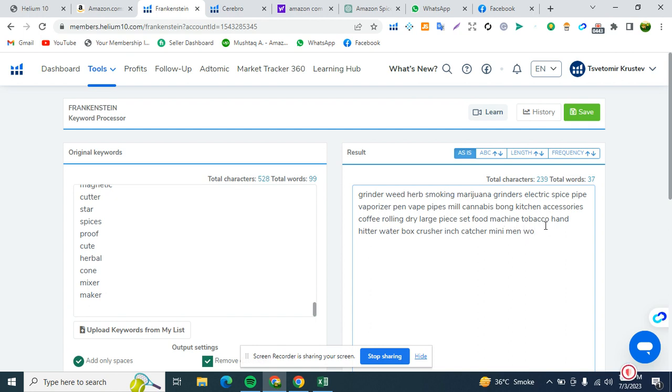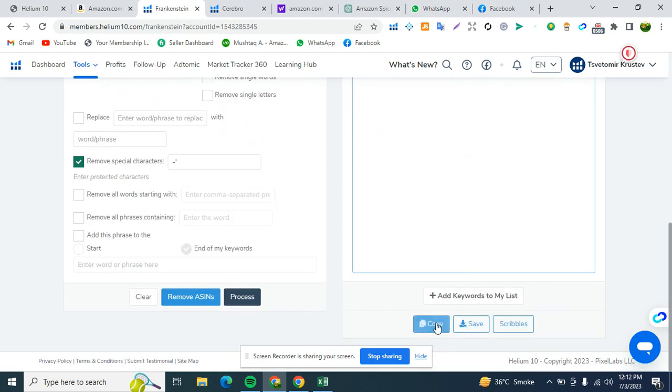Man, woman, adults, gift. That's cut out. So you can copy it here